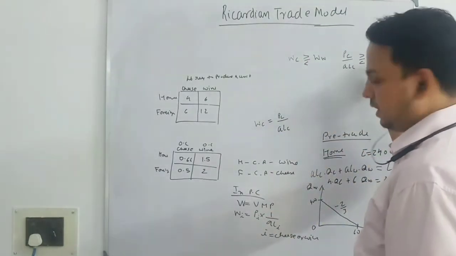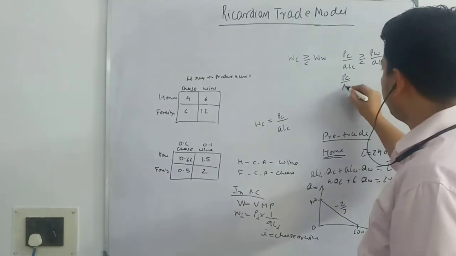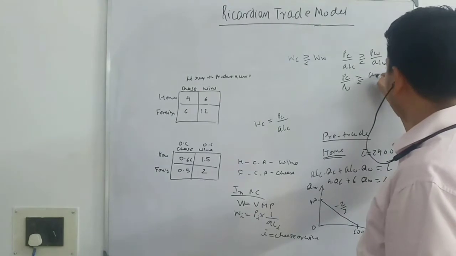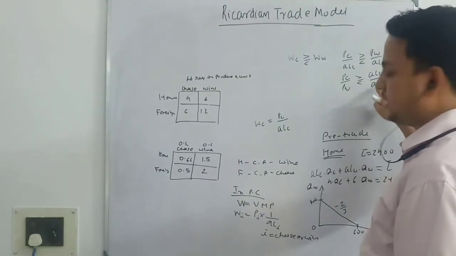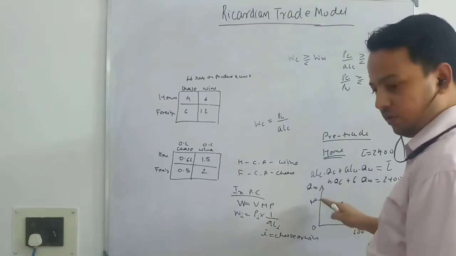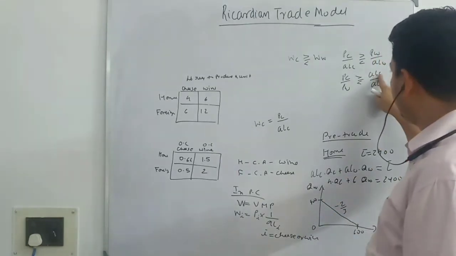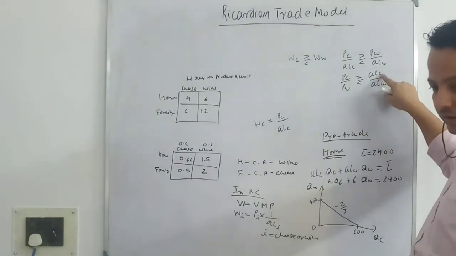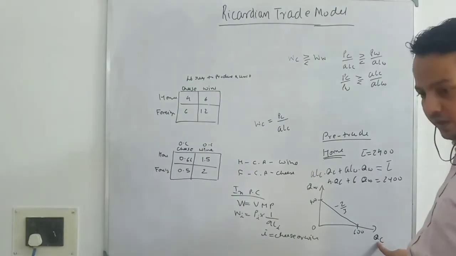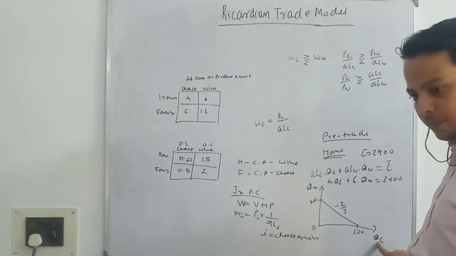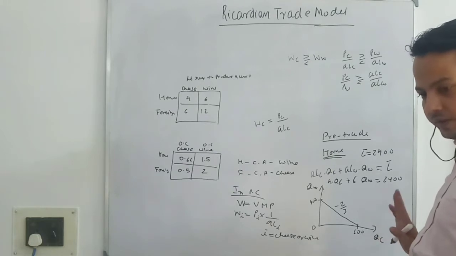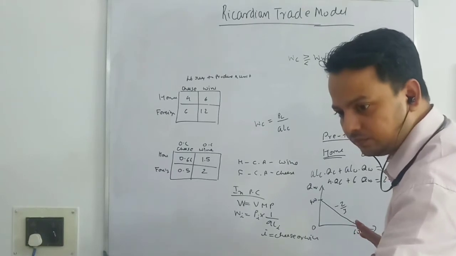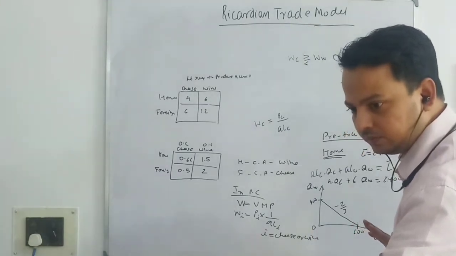After rearranging, what we get is price of cheese over price of wine. This is the relative price of cheese in terms of wine, which can be greater than, equal to, or less than the opportunity cost of producing cheese. aLC by aLW, if you remember, is the slope of your production possibility frontier. It is showing the opportunity cost of cheese in terms of wine. Always remember, whatever you have in the denominator or in the numerator, you will be having here on the x-axis. Clear? Is it clear to everyone what I am saying? Yes. Okay, I am repeating.